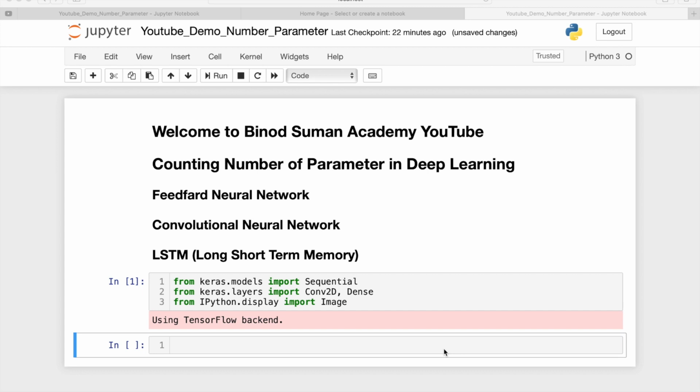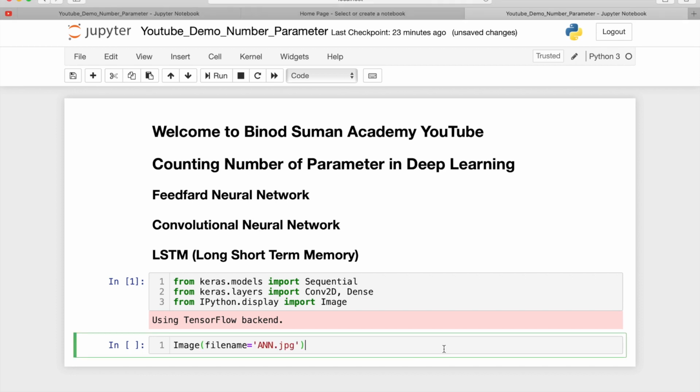Going to explain how many parameters are involved when you create any neural network. Suppose you have the input layer, then the hidden layer, and you want to know how many parameters are there. We never consider it, but as a data scientist, you should know how many parameters are involved when you create the model. In this video, I will show some pictorial format, then do the coding for better understanding.